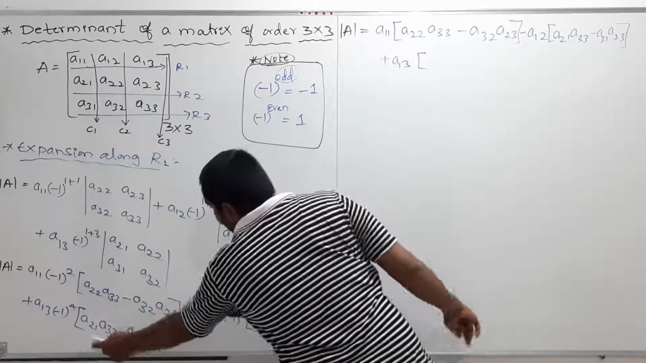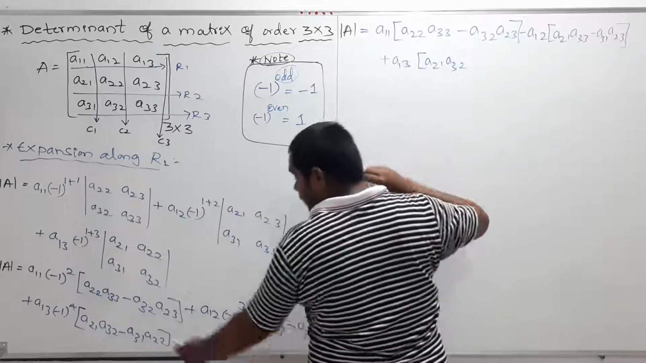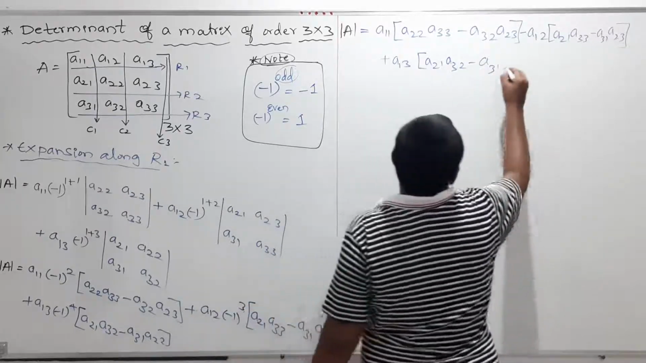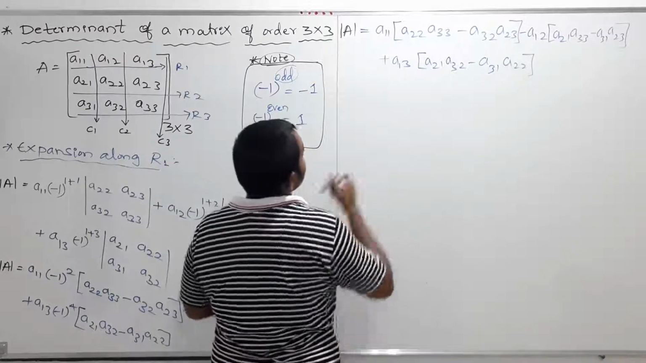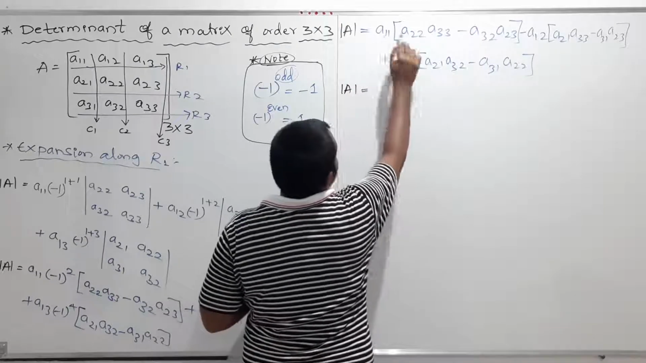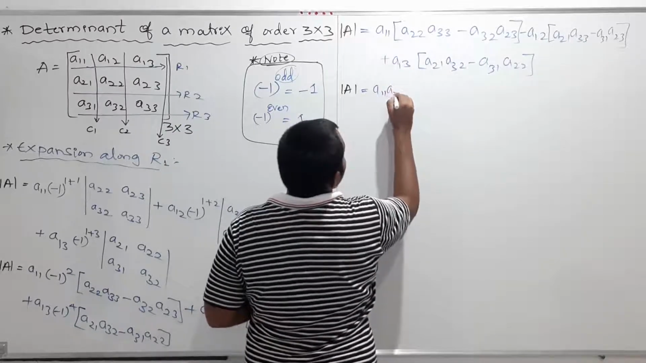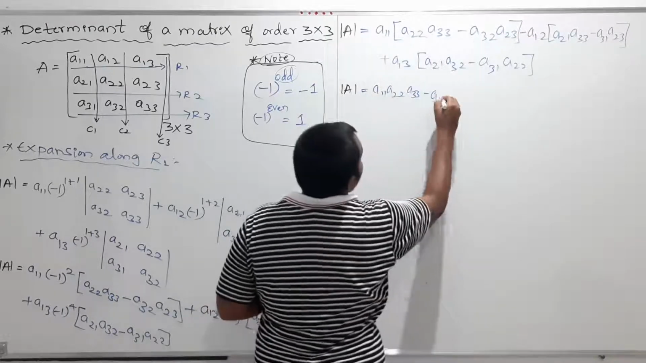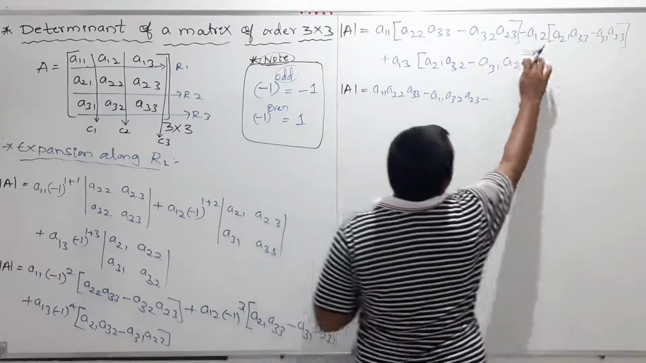So therefore I am writing next here A21, A32 minus of A31, A22. Clear? Further simplify this, my dear students. So therefore determinant of A is equal to, here it is, take this A11 inside the bracket. So that will become A11 A22 A33. Next minus of A11 A32 A23. Next plus minus minus